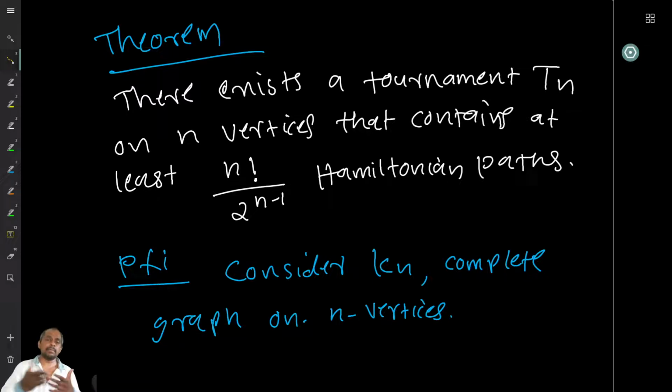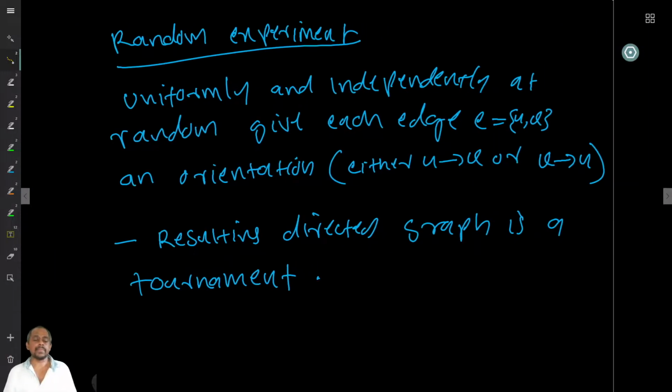Since we are now experts of random experiments, we can use a random experiment to create tournaments. What we do is, I take the graph, take an edge, and toss a coin. If it is heads, it goes from u to v. If it is tails, it goes from v to u. So if you have an order on the vertices, then you can easily define this, or you can just decide whichever direction comes first, u to v or v to u, and then decide which way you have to orient it by tossing a coin. So this is the random experiment.